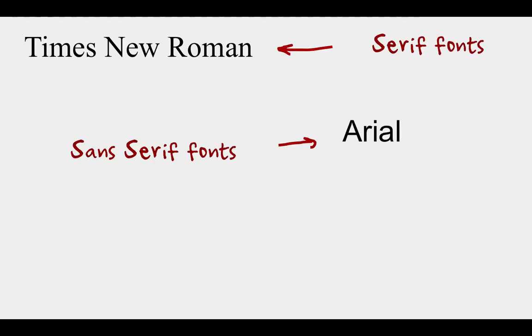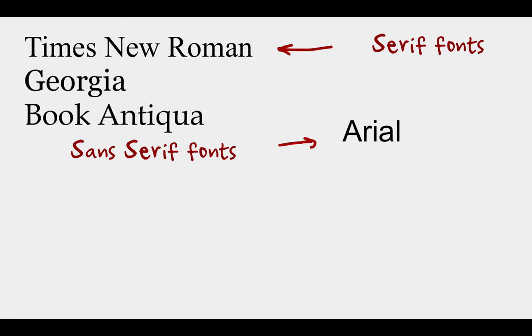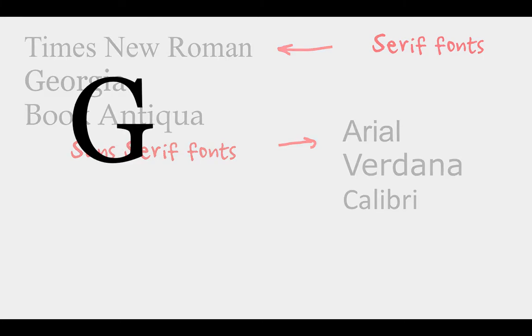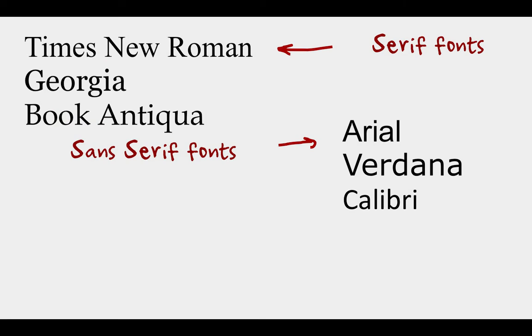There are, of course, on your computer many other serif fonts than Times New Roman, and many other sans serif fonts than Arial. Another interesting characteristic of most serif fonts can be found in, for instance, the G of Georgia. You can see easily that the width of the lines that draw the letter are inconstant. Some parts are narrow and some parts are wide. This is very elegant, but it can make letters confusing from afar. This is also why sans serif fonts are easier to read from a distance, especially for short text.